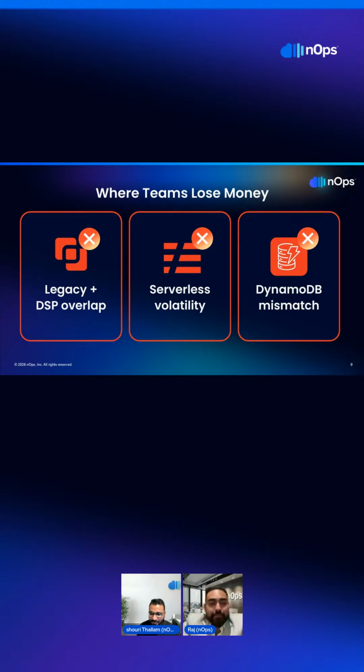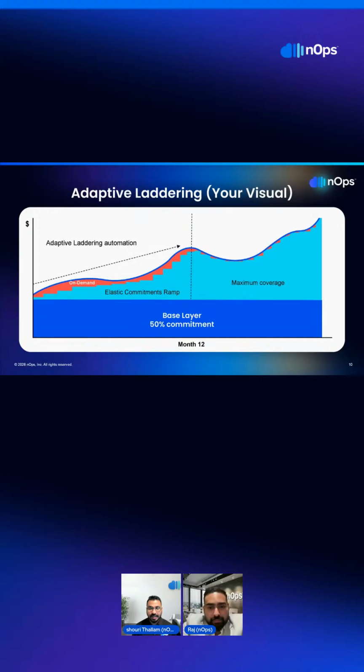So now we know that there are advantages, disadvantages, planning and modeling included in all this. What actually works? That's the main question that comes to your mind, and one of the main reasons to join the session, right? That's where we jump into a new topic called adaptive laddering. So just before going deeper into this topic, before Raj hits on it, I want to give you a very proper analogy for these things.